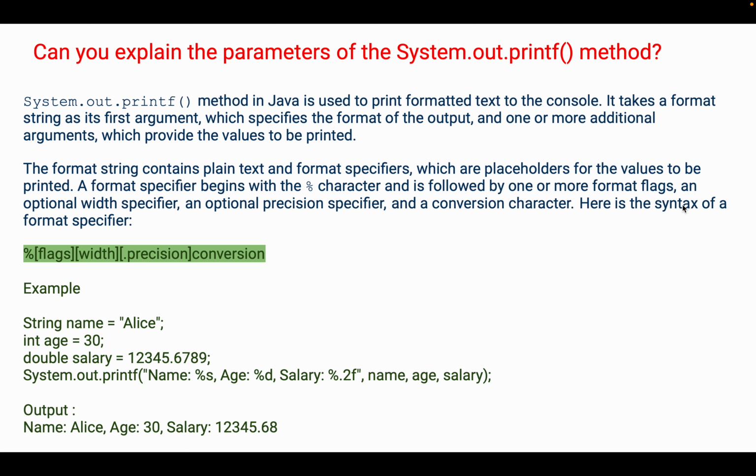The next question is, can you explain the parameters of the System.out.printf method? Till now we have seen the System.out.println and print methods, but this is talking about the System.out.printf method. So can you explain about the parameters of it? To this we can answer, System.out.printf method in Java is used to print formatted text to the console. It takes a format